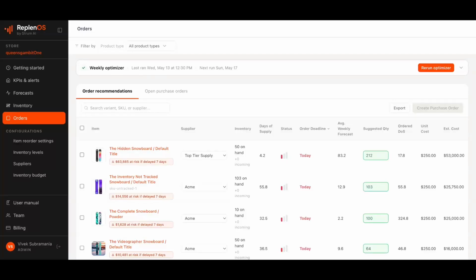In this video, you will learn how to place purchase orders to your suppliers or factory using ReplenOS. Once you have reviewed your forecast and inventory plan, it is time for you to review the orders recommended by ReplenOS. Click the Orders link in the left sidebar and you should be able to see the Orders page as